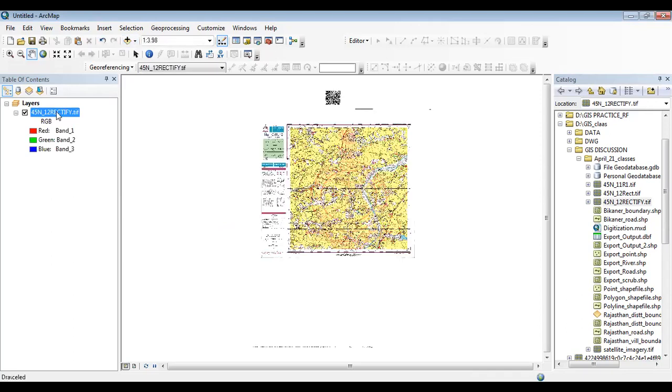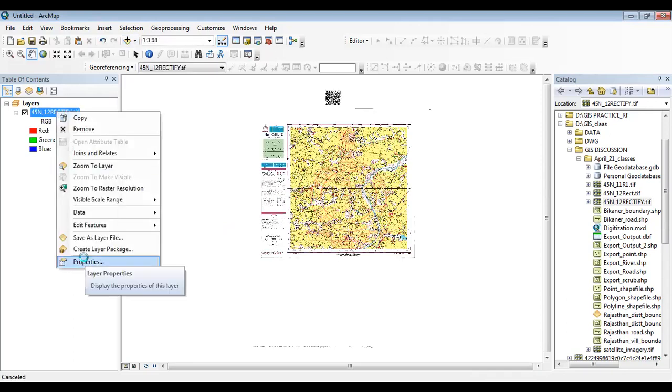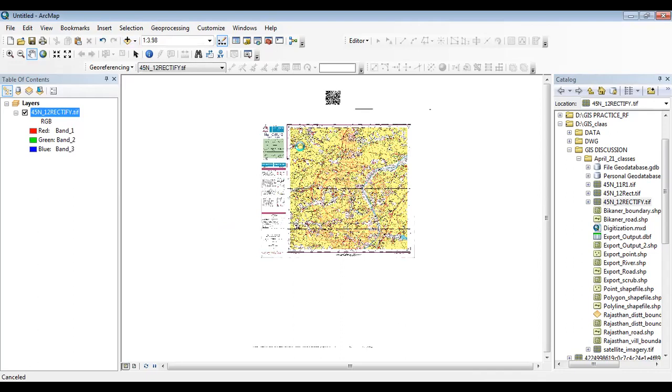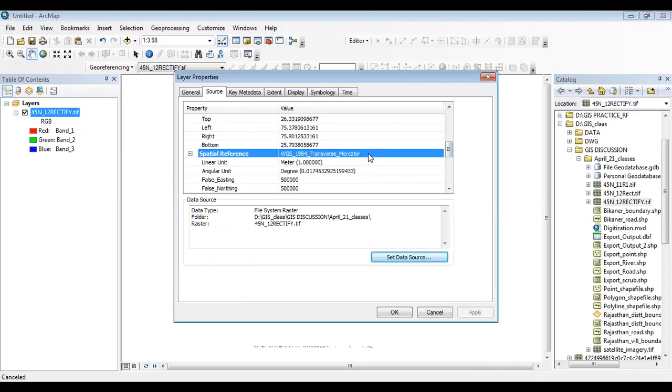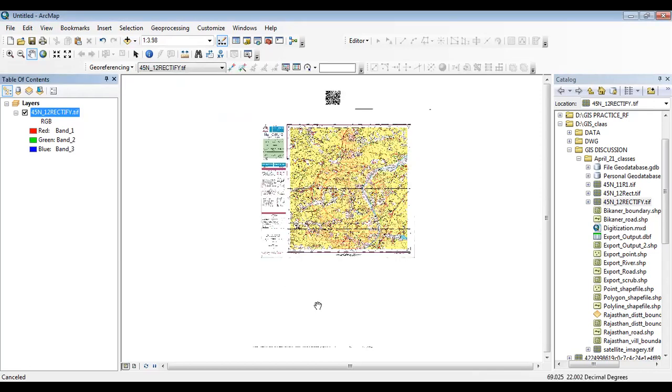Now right click here, and then go to properties, and you can check that the spatial reference is defined. It means the projection is defined for this toposheet. So this is the process of how to georeference any toposheet using the coordinates of all 4 corners of the toposheet.